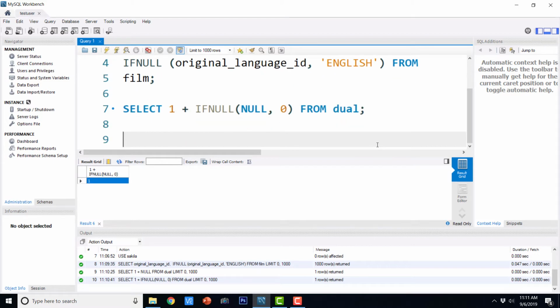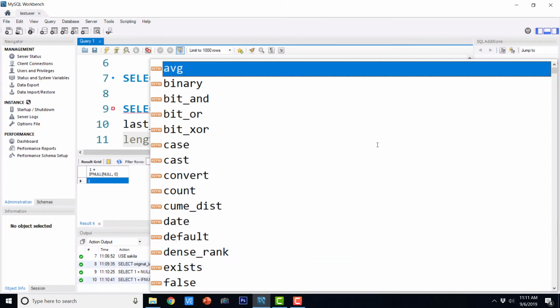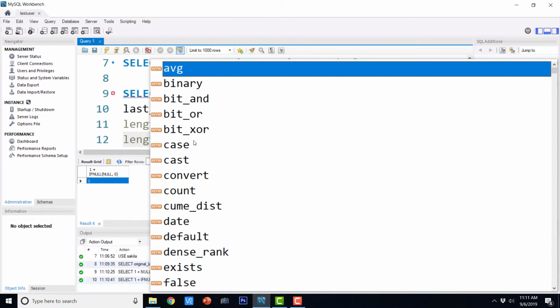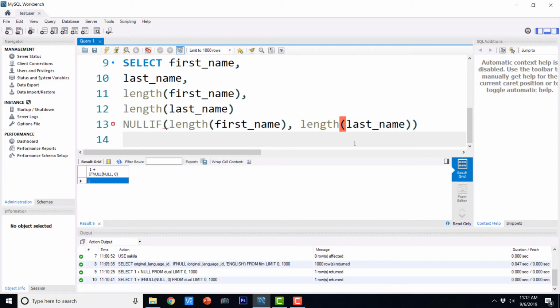Now we are going to see the nullif function. I'm just going to say select first_name, comma, last_name, comma, length of first_name, length of last_name, nullif, length of first_name, comma, length of last_name, from actor. So if I execute this,